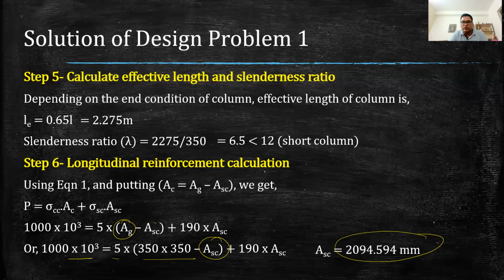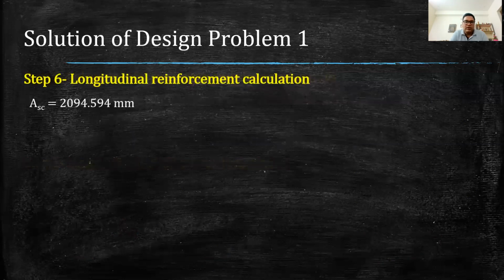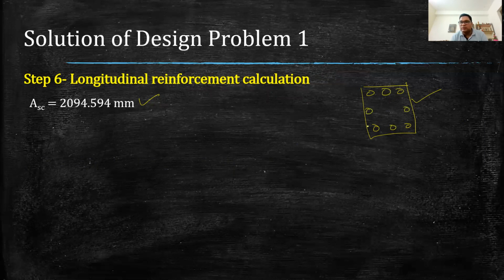So minimum area of steel to be provided there is 2094.594. Now we have to convert this area into the number of bars that we have to provide. And as per IS code, minimum number of bars to be provided in a square column will be 4, which means at each corner there should be at least a bar. So minimum number of bars can be 4. And similarly, if we have to increase the number of bars, then on each face there should be equal bars. So if we increase the 4 to the next level, then the next possible value is 8 bars.